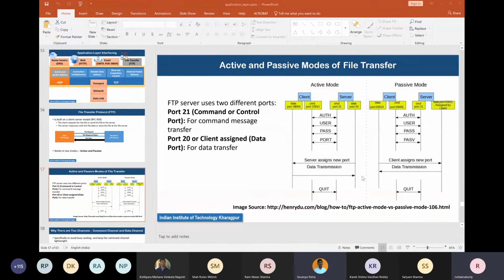Yes, both directions. Sir, once port 20 and port 38069 are talking, then how is quit happening between port 21 and port 37? The quit is a command.